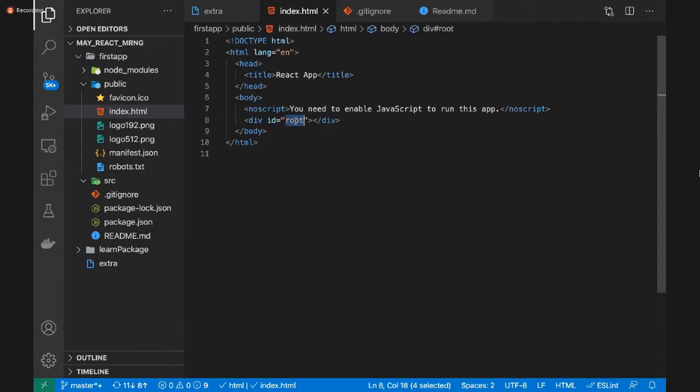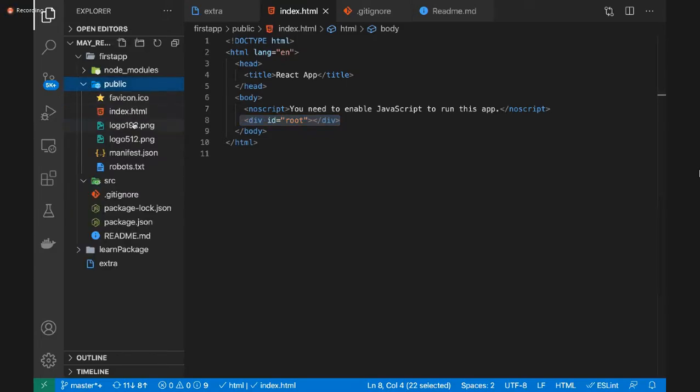It is one div whose ID is root. Now it is not compulsory to have the ID name as root. You can give any ID here. But the only thing it has is this much content. It has a head and a body, and the body has one div tag here, guys. That's it. Nothing more than that. This is the simple thing that we need. This is the only folder structure.